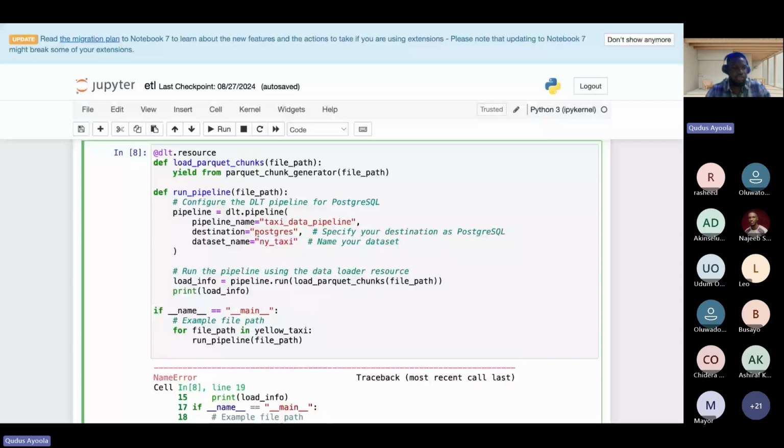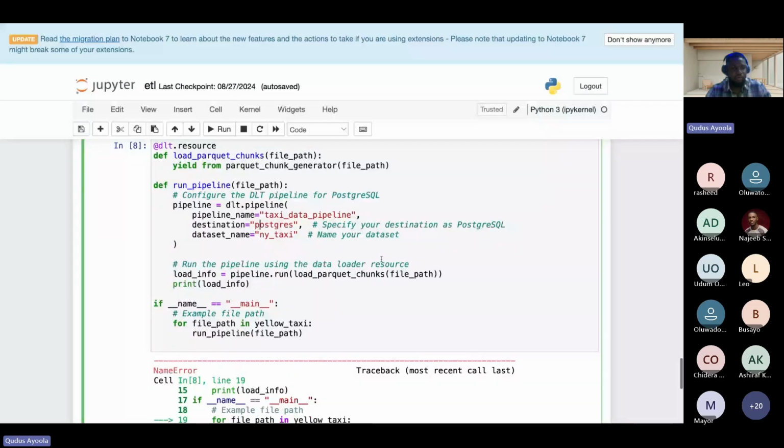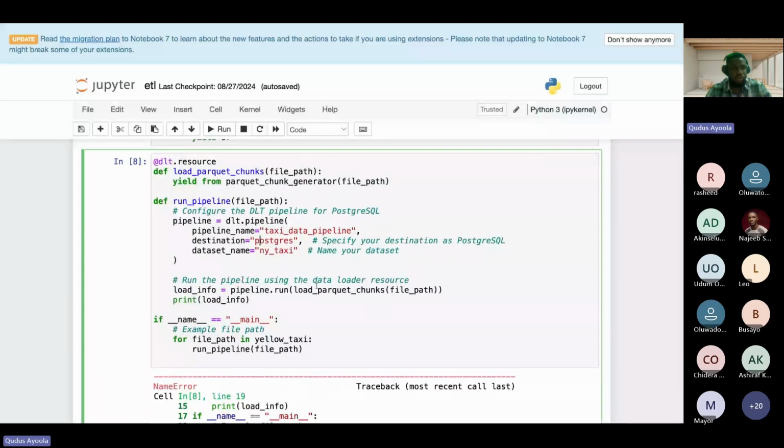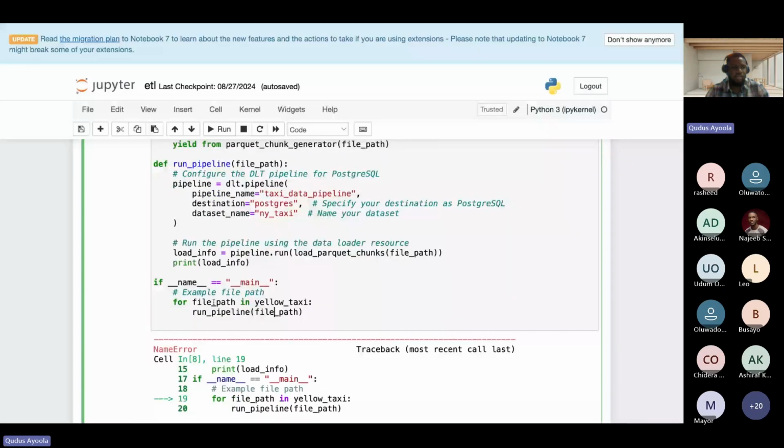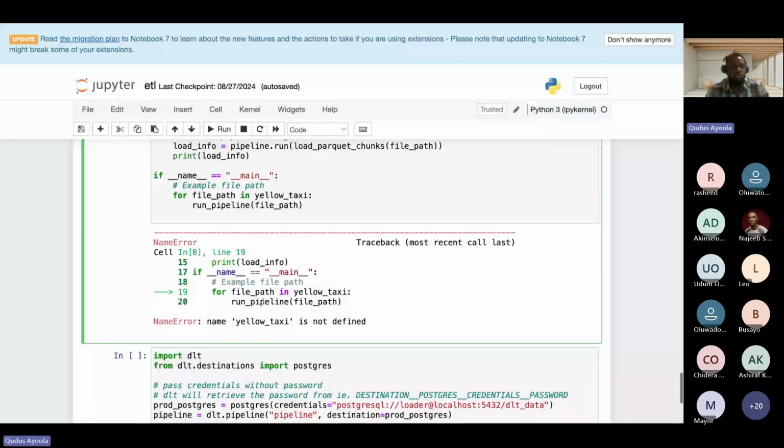So then it runs this. So what you see here is the name of my folder basically is what the destination table will take. So for name in main, it runs this. So when I run this pipeline, it loads directly into the Postgres environment.